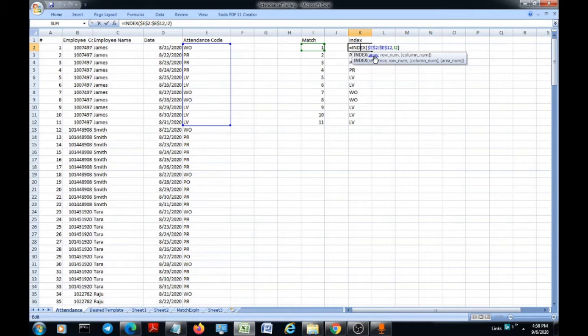Array need not be a table, it can be just a column or a row. Here I am selecting only the column where my actual needed data is. For simplicity of explaining this formula, I am just taking 10 values here, starting from E2 to E12.